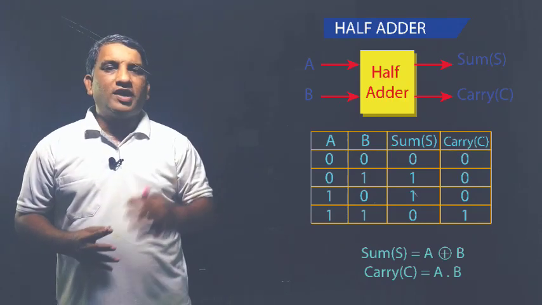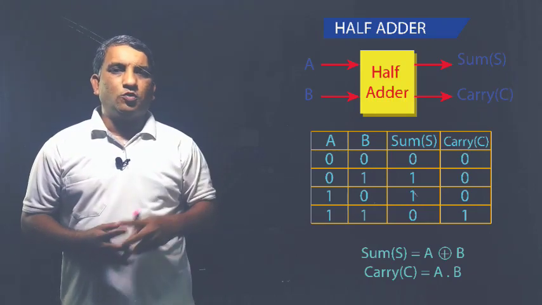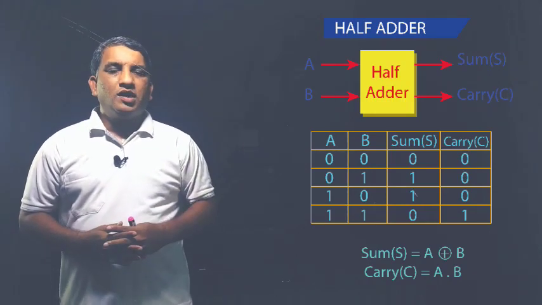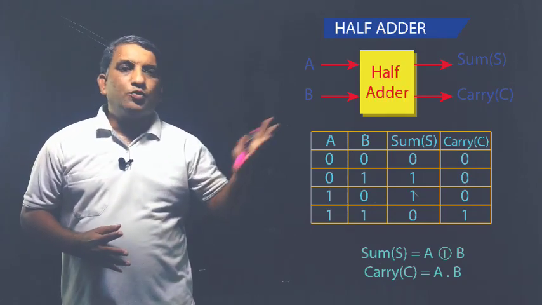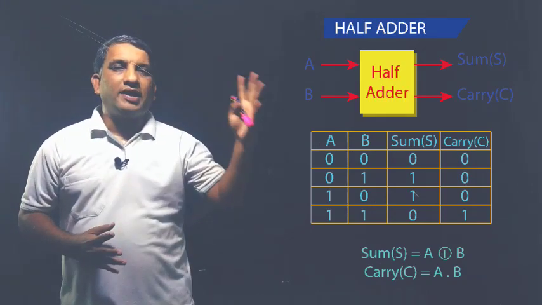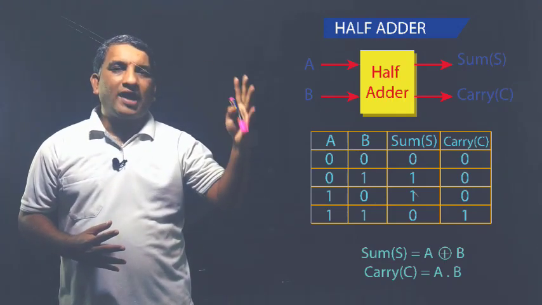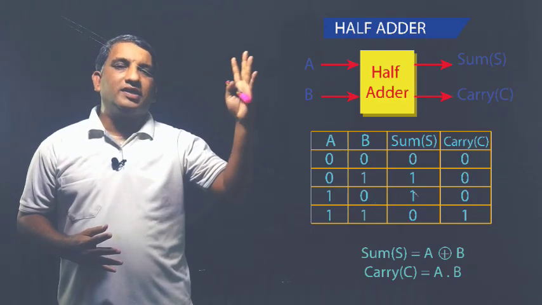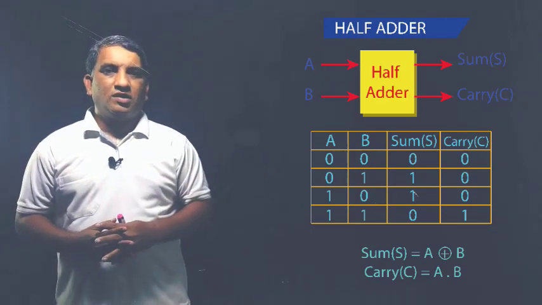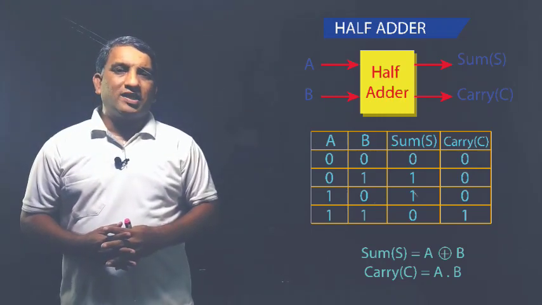So as you can see from the block diagram of this half adder, it has two input ports A and B. Both the inputs will be of single bit. The output of this half adder will be sum and carry. What will this half adder do? The half adder will add the two single bit numbers, and after addition you will get the sum and the carry. Now the sum and the carry will both be of single bit.